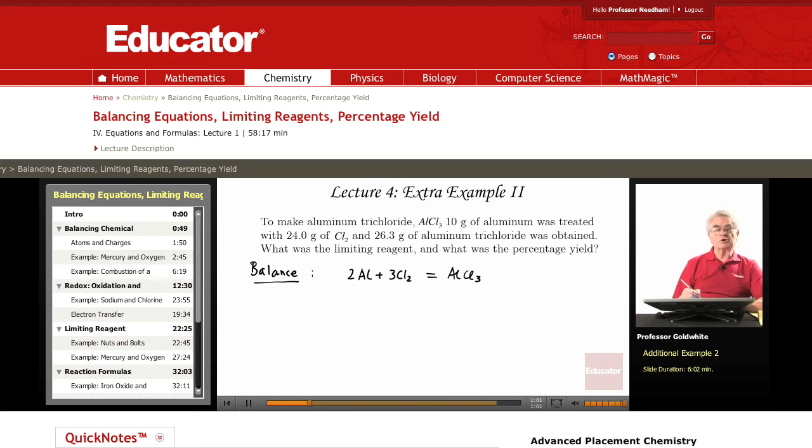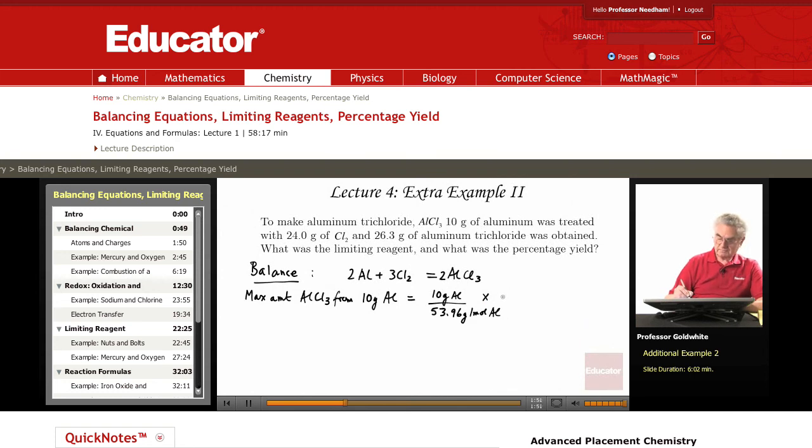Now let's work on the aluminum first. We have 10 grams of aluminum. Let's calculate the maximum amount of AlCl3 we could make from 10 grams of aluminum. It equals 10 grams of aluminum divided by 53.96 grams per mole of aluminum. That's the number of moles of aluminum present in 10 grams. Times, I'm sorry, I missed out the 2 here, my apologies,